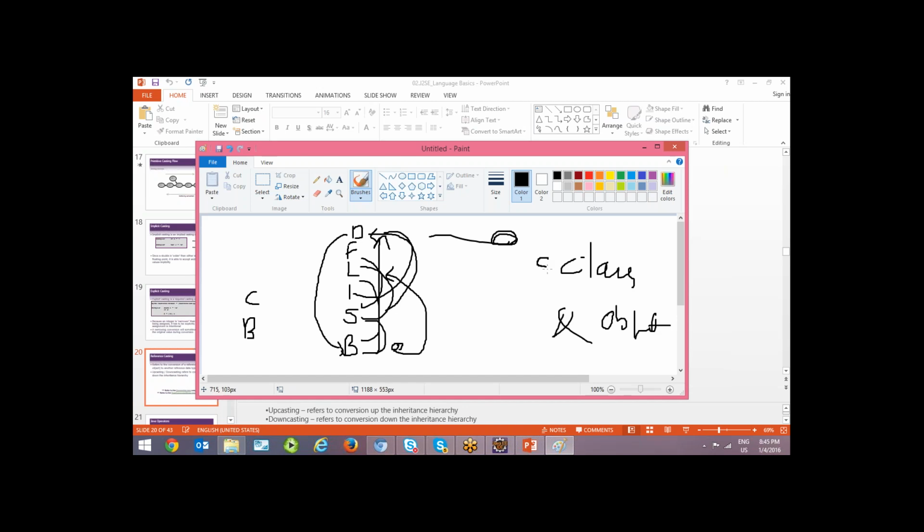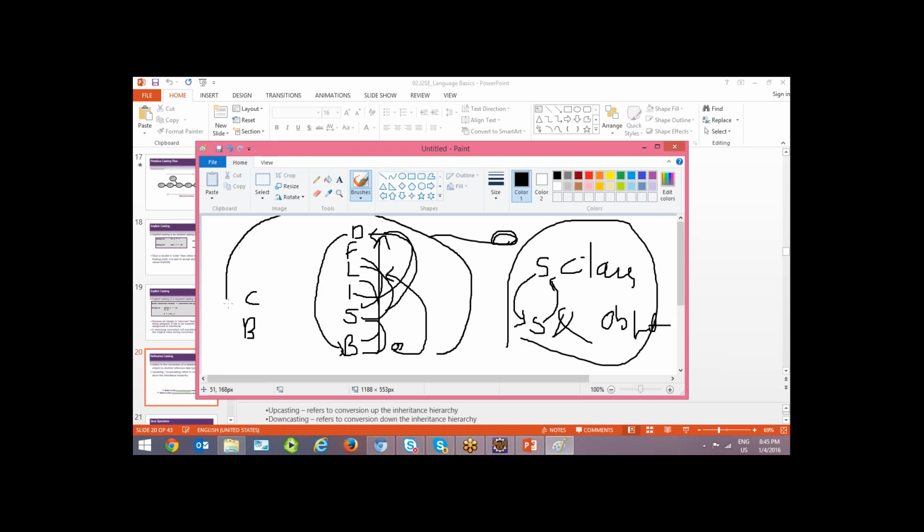Let us say there is a superclass, there is a subclass. Subclass can be converted into superclass, superclass can be converted into subclass. Right? This is called reference typecasting. This is called typecasting among the primitive data types. And observe carefully, here all these 6 types of numerical things can be typecasted one with the other, but character and boolean we cannot typecast into the other type. It is not possible.